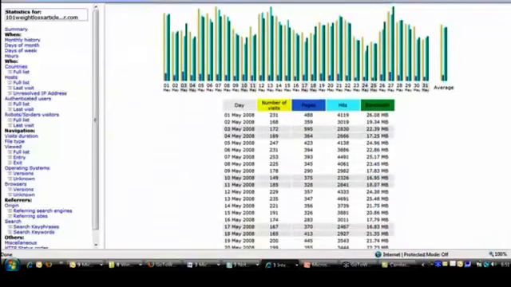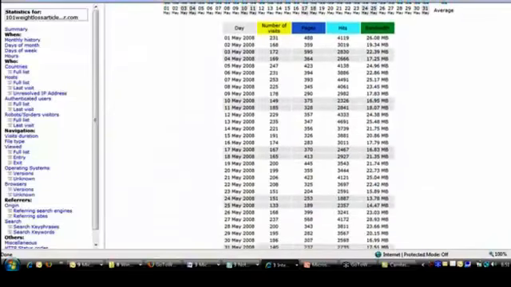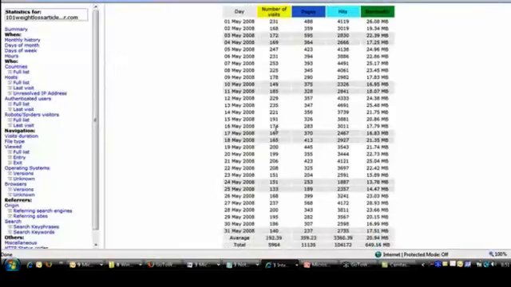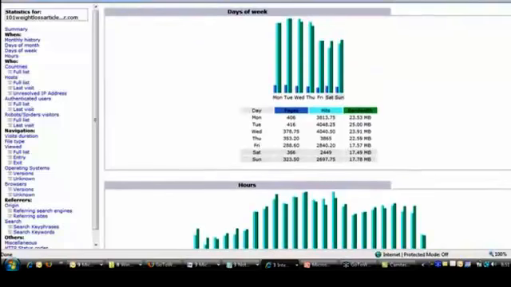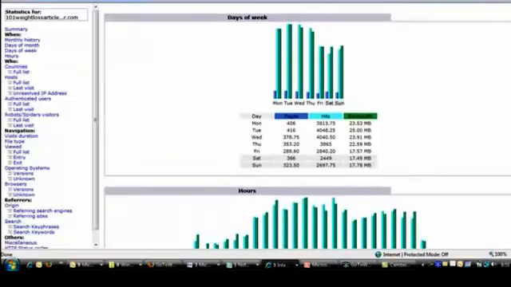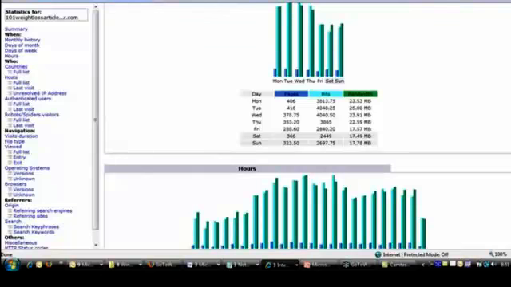This tells you number of visitors by day. So each day of that month, there are 200 visitors on this day, on down. So it tells you the average visitors per day. They just have it laid out really, really clear, and they give you more data, I feel like, than the other ones. This one also tells you, on each day what kind of your average visitors were, and this one kind of shows me that it's pretty average throughout the week, and it tends to tail off on the weekend,